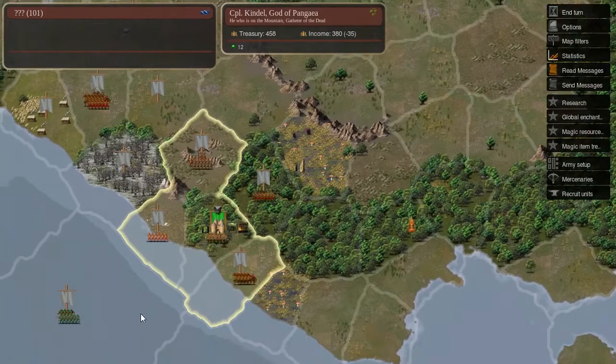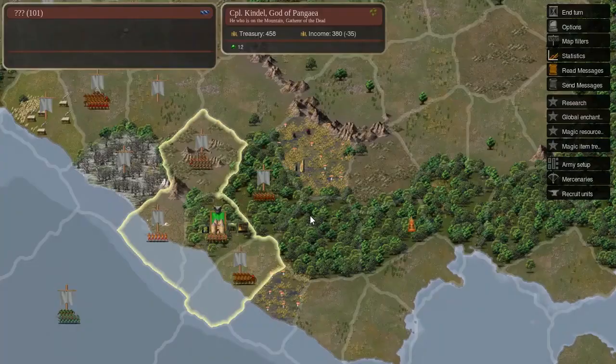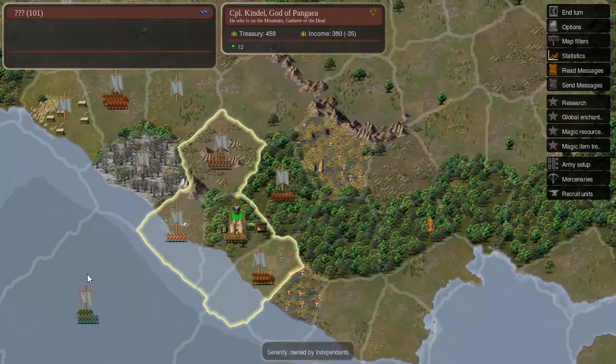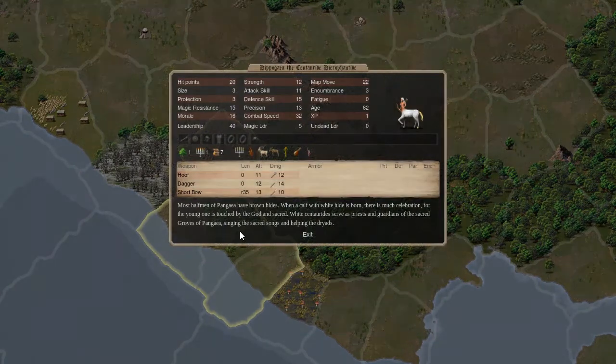But okay, so we generated the turn. So those are all the proclamations. Everybody declared their profits. I did not declare profit again. I'm going to try to get my pan as the first profit. So we got